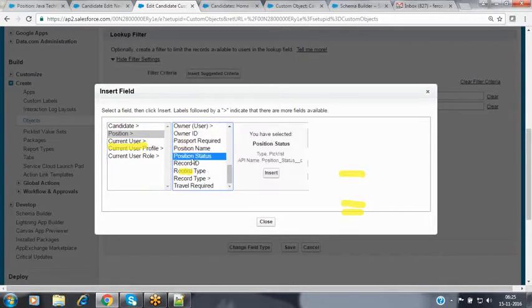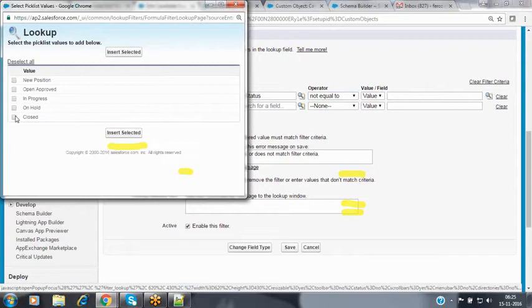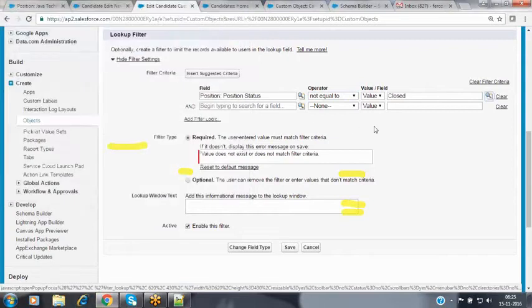The position status field is not equal to the value closed. What happens is I am adding a new condition to that select statement: please fetch only those position records whose status is not yet closed. So whose status is not equal to the closed status.